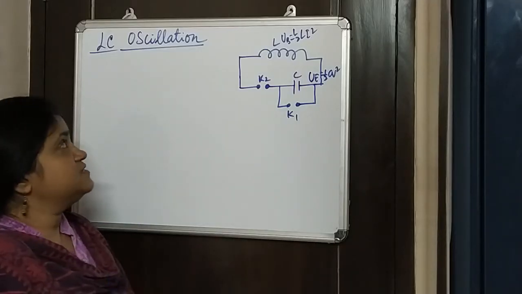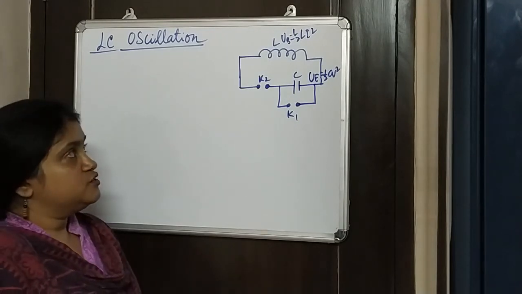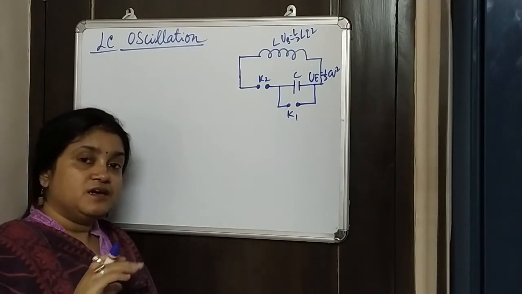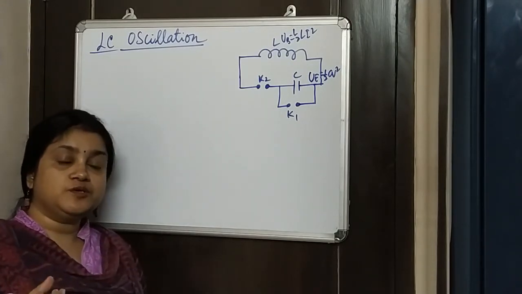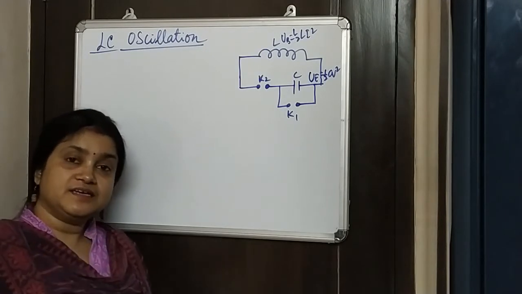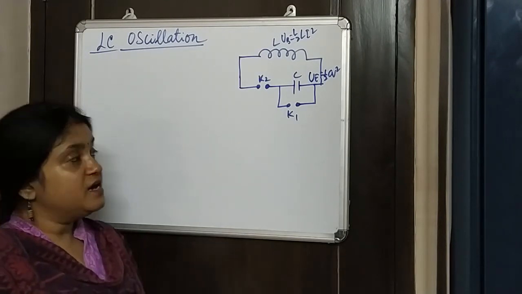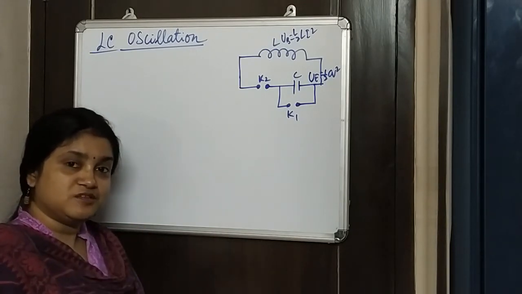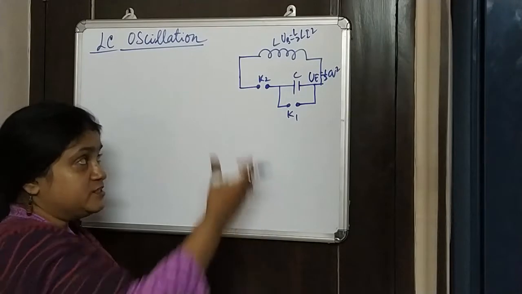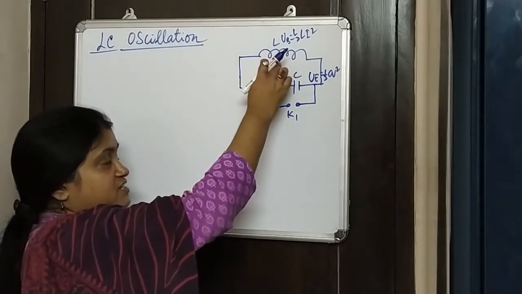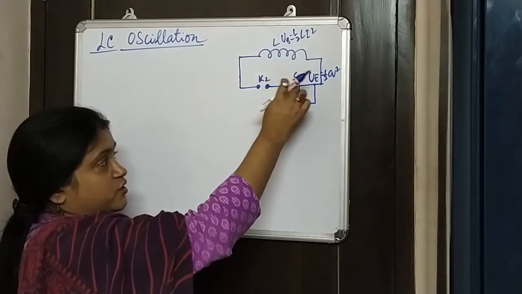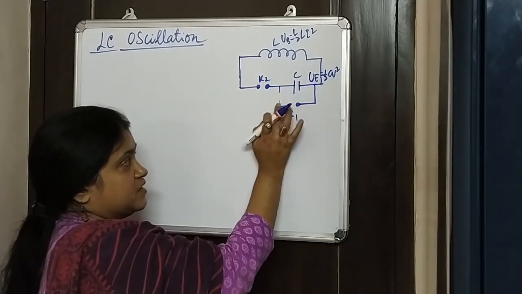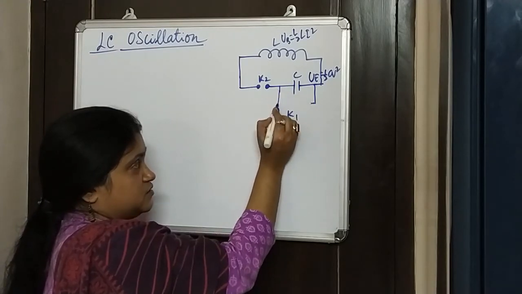Starting with LC oscillations. From the name itself you can understand we are talking about an inductor and capacitor circuit, right? And definitely the word oscillations tells that there might be some oscillations involved. So let's look at this circuit where we have an inductor, and this inductor is joined with a capacitor with a key K2, whereas there is one source